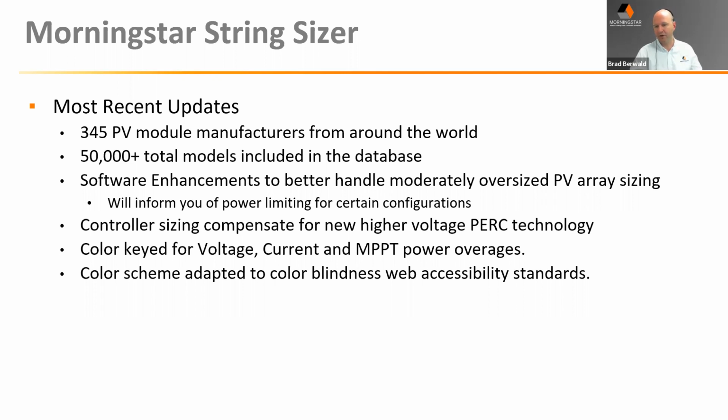And Morningstar always wants to really encourage that, because our products are designed to be oversized. They will not trip output current breakers. They will not allow voltage spikes to occur. They're very tight in how they control that power, and oversizing them. They're designed to work under continuous power ratings in those temperatures. So everything we've done on the design side is around fully utilizing 100% of that controller capacity. So we want you to take advantage of it, and now's the time.